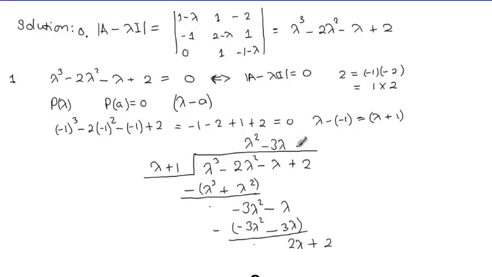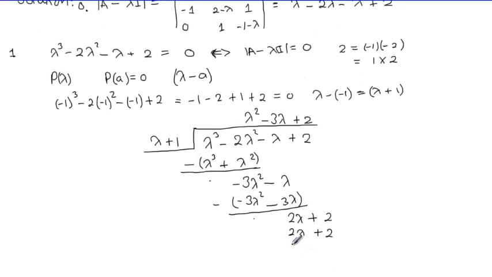We get plus 2, then multiplying we get 2 lambda plus 2. Now subtracting here, we can see that we get the remainder 0, which actually confirms that this is a factor of the polynomial. So what we can do now, we rewrite the characteristic equation as